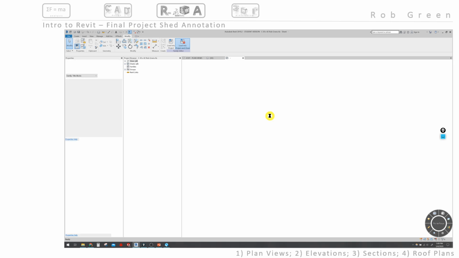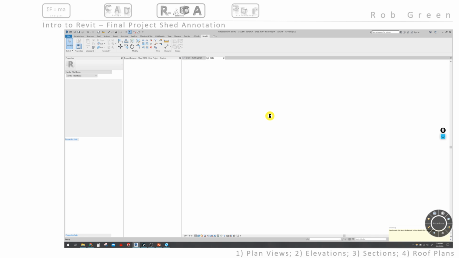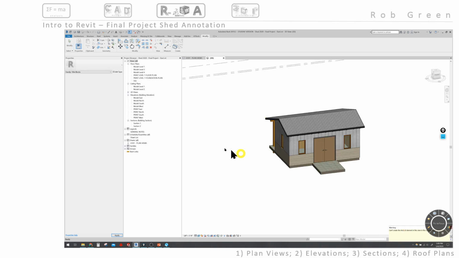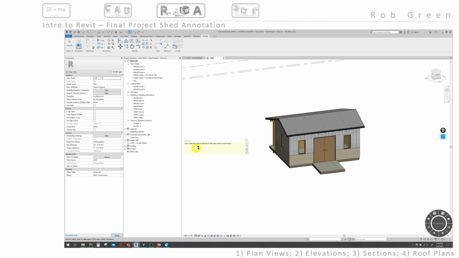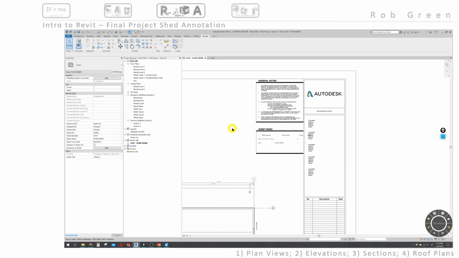And I'm going to get a couple dialog boxes. All right, so first one is can't create this kind of element in this view of the current mode. Well, that's because I'm sitting right here in a 3D view, and it is a title block for a drawing. So I close that off and accept it, go back to my drawing,